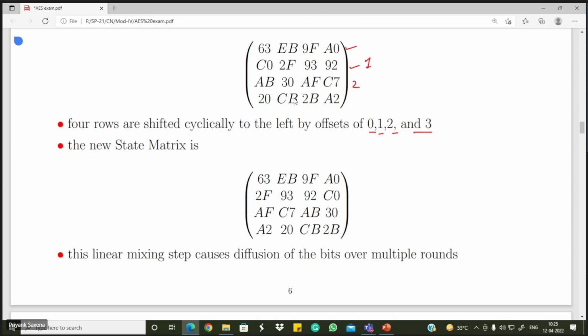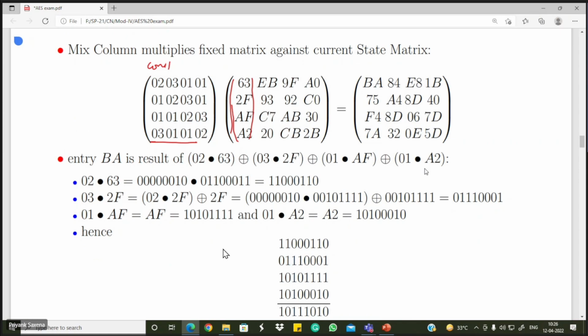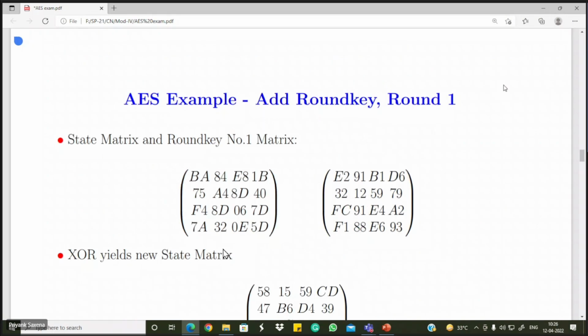The value VA is basically the result of 2 into 63 plus 3 into 2F. So each column is multiplied with this, and you get the new values. You get a new matrix. This is how the first round is completed. Then again,